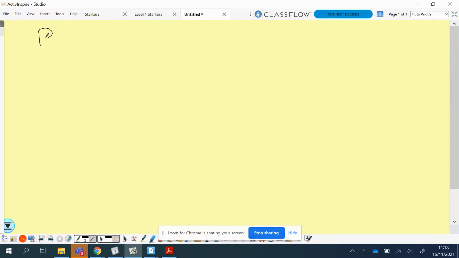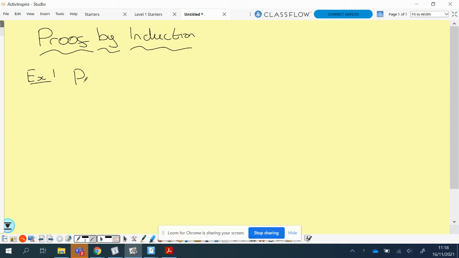Okay, so let's have a look at examples of proof by induction. And we'll look at the process and how we solve these questions. So we're going straight into an example today. So example 1, we're going to prove by induction